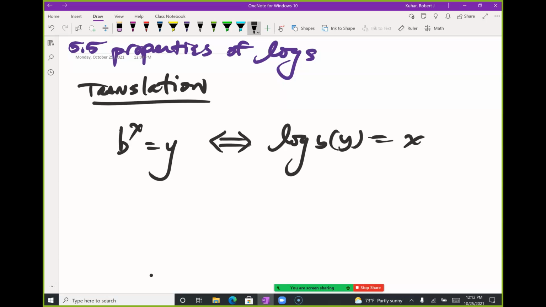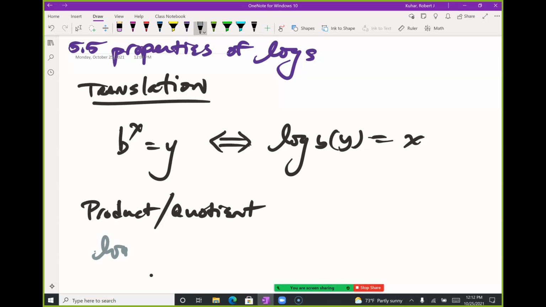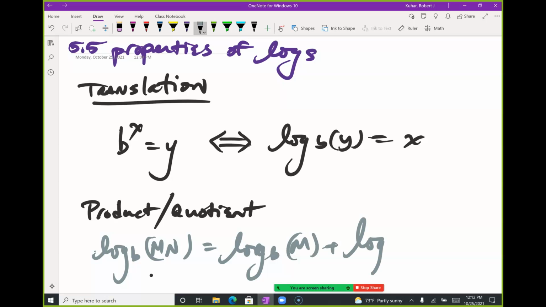So our first one is the translation. Then we had the product and quotient. Right? And I said log base b of m times n is log base b of m plus log base b of n. And that proof is in the book and